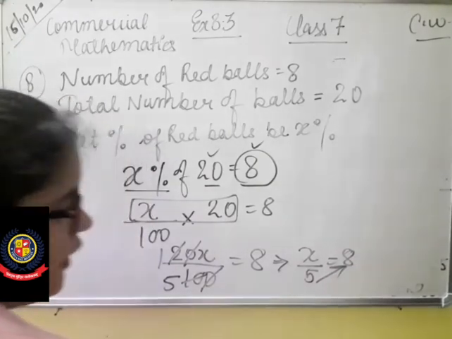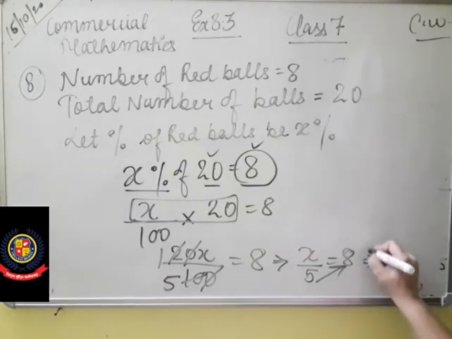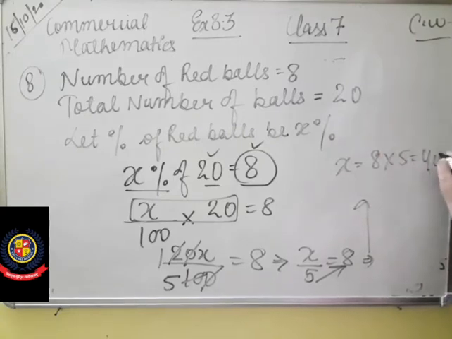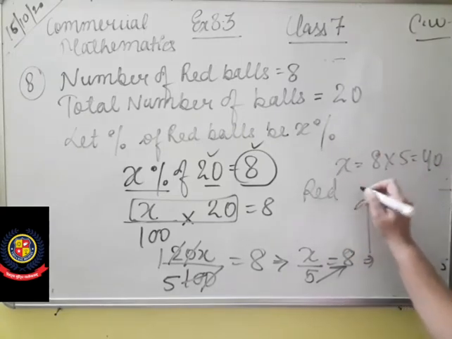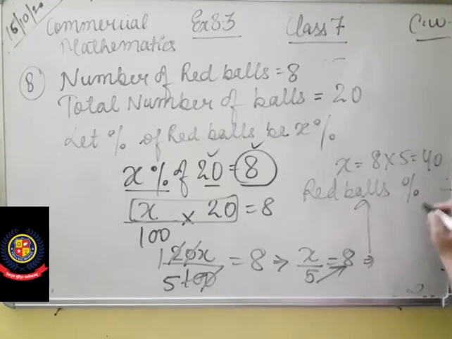So you will take this 5 and cross multiply. So you will get 8 into 5. So what is the value of x? x equals to 8 into 5, that is 40. So red balls are 40%. Red balls percentage in the bag